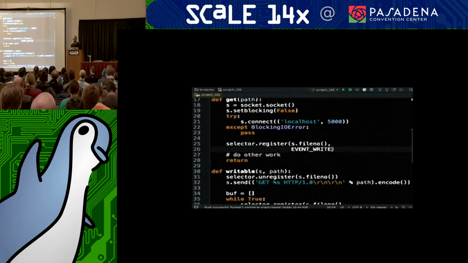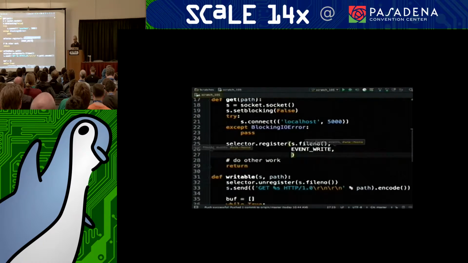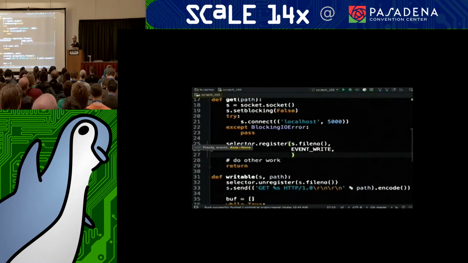here's where all the magic happens. This register function takes a 3rd optional argument called data. And data can be anything we want. We're in Python, it's dynamically typed, we could stick in a number, a string, or we could actually stick in a function there as the data. So let's do that. Let's make a closure